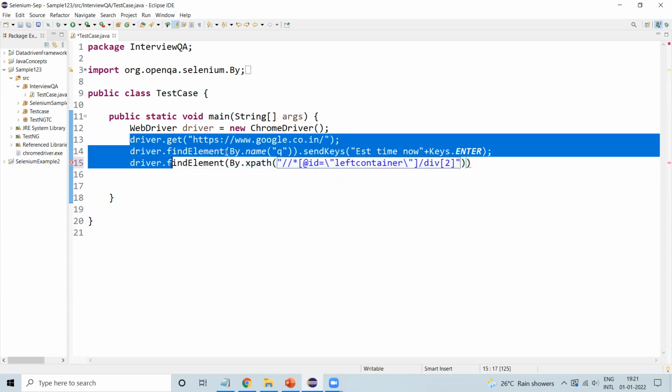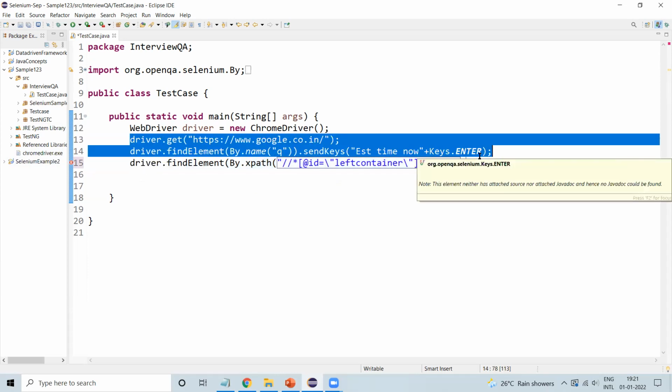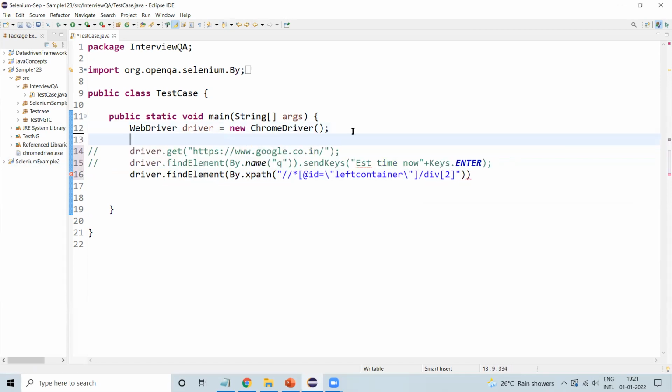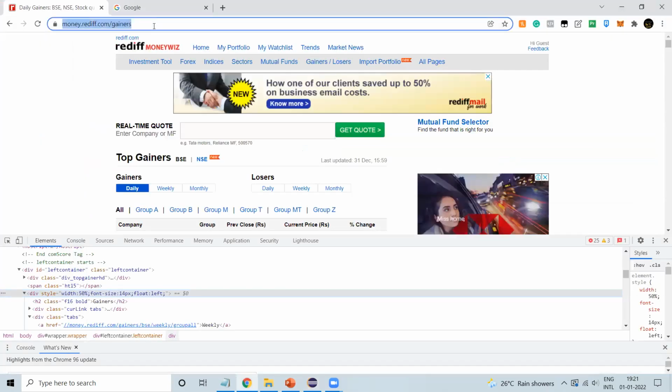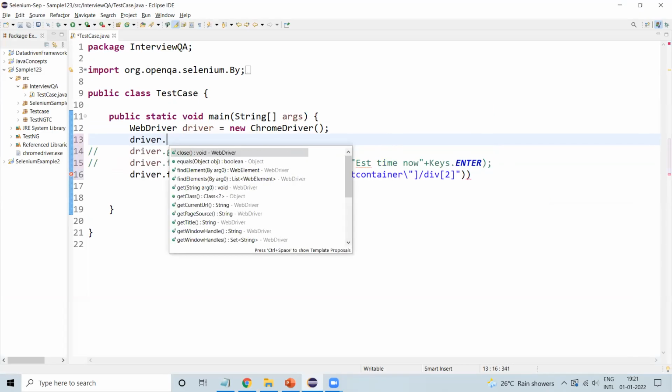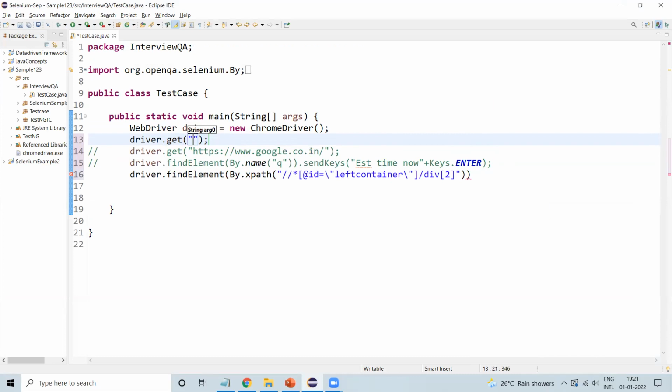Before that, I'll remove this, and instead I can give the URL: driver.get, then I can give the URL like this. After entering the URL, I just want to find the element with this locator. This will be the entire block of gainers, right? Entire block of gainers.